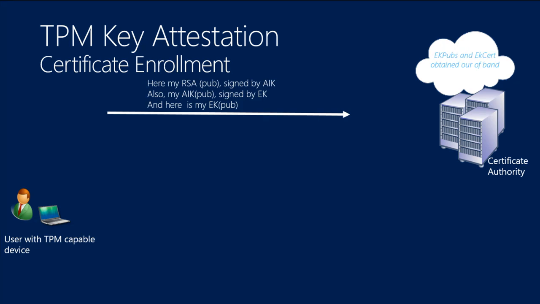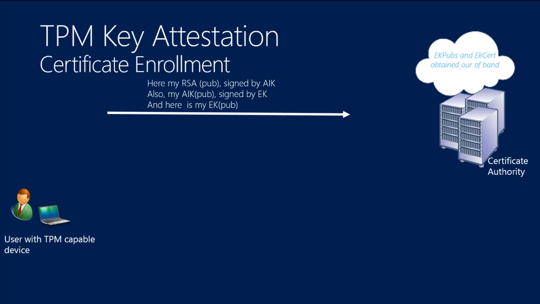So the client is trying to ask for a cert. What it does, it submits what we call a certificate request. Together with this certificate request, when it creates the certificate request, it's trying to issue what we call RSA keys associated with this request. And those RSA keys are created by TPM. But to prove that it's happening on TPM, we have two additional keys that we need to send back to the certificate authority. We sign the blob with AAK.